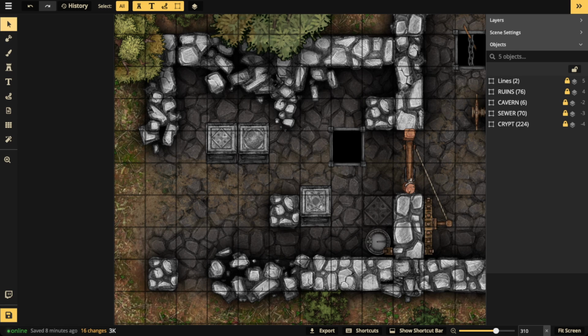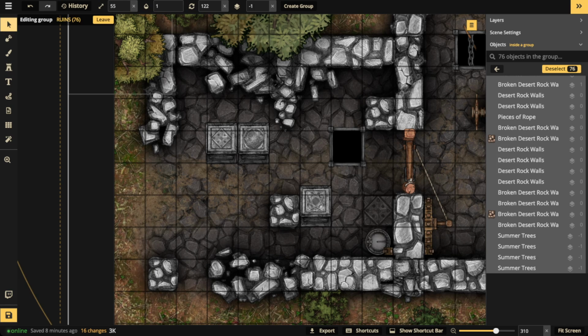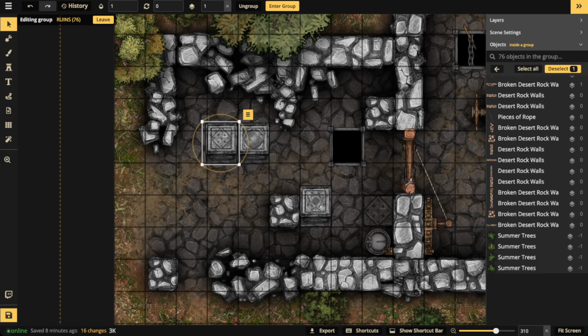So that way your players aren't distracted or don't lose interest in the puzzle as a whole. Now, first I'll explain how the puzzle works, a series of positions that need to be done for this to work. So I'll open up my ruins, and the first thing players will have to do is move,